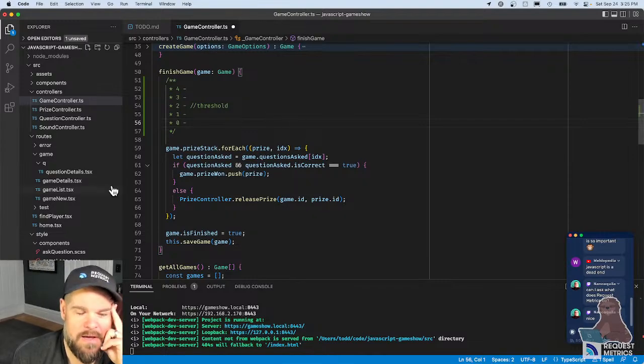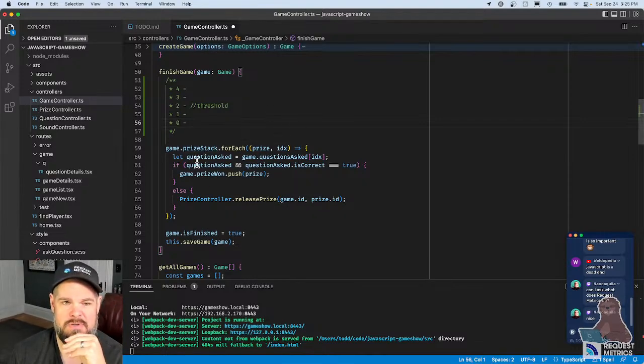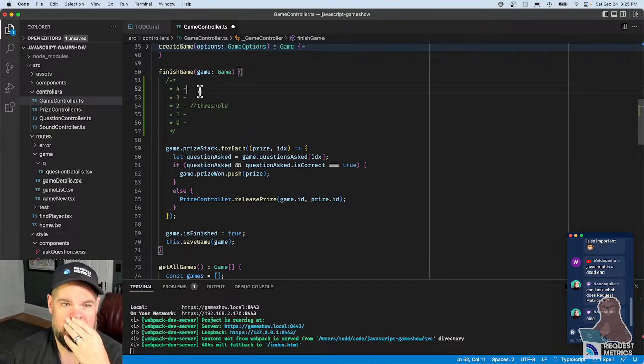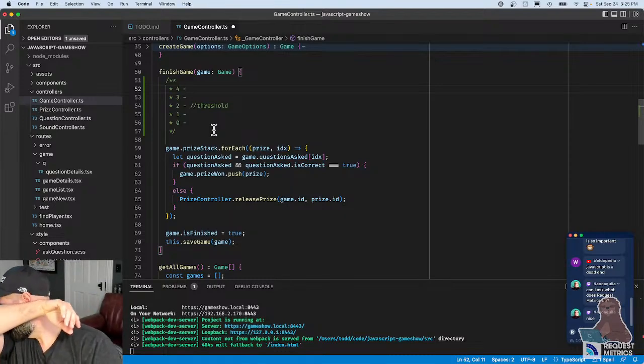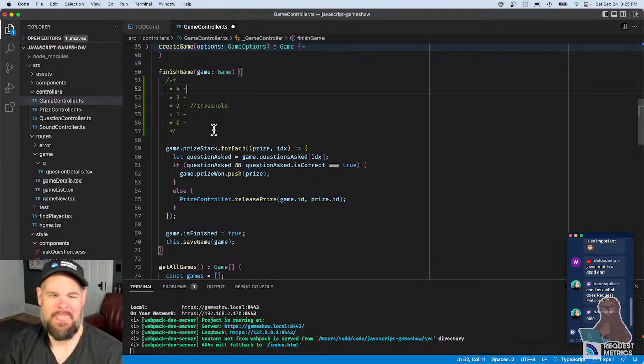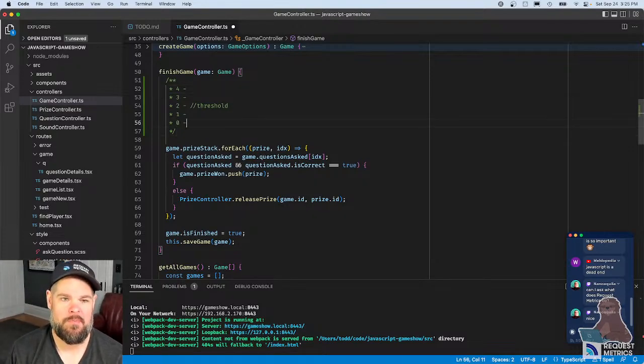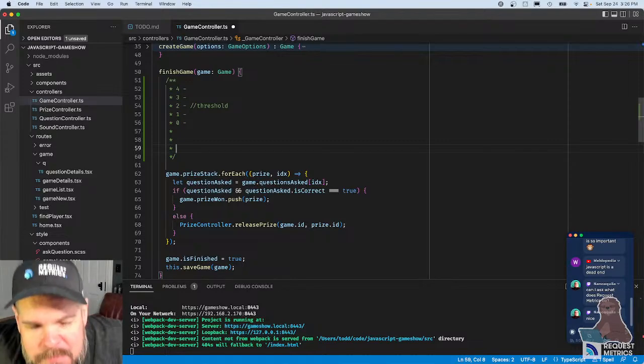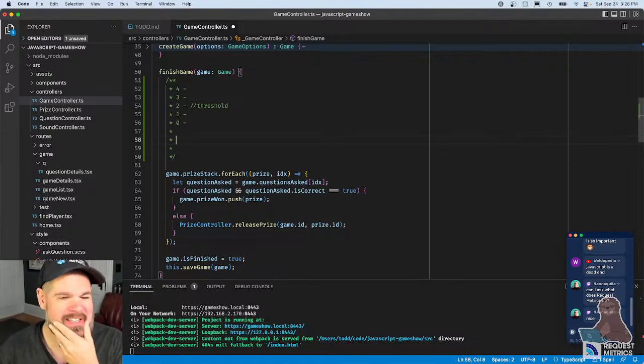And so what we need to do is look at, so we need to loop, let's see, from the top down or from the bottom up. If we're looking from the top down,